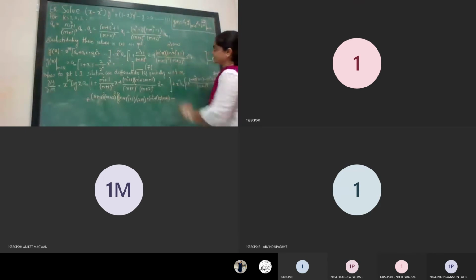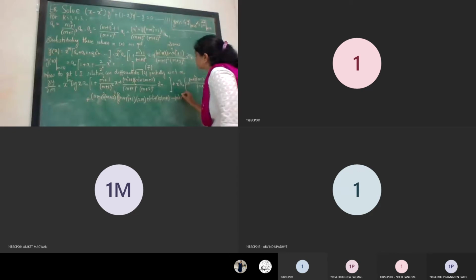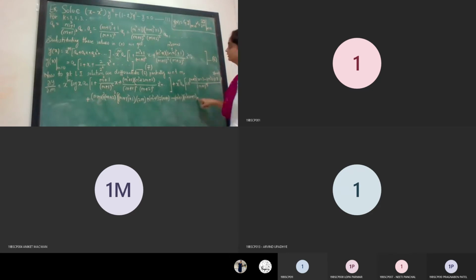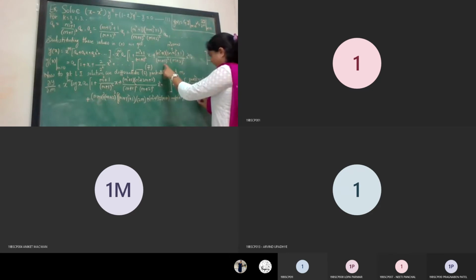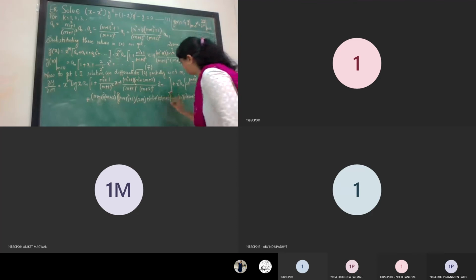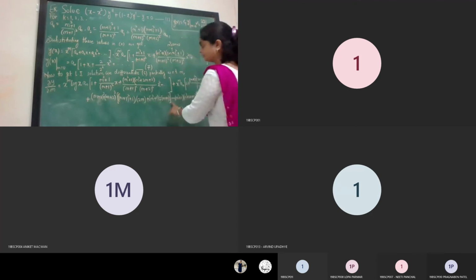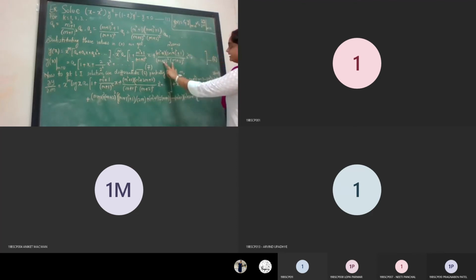So for that, I will consider this term as it is, that is m square plus 1, m square plus 2m plus 2 into the derivative of this. So I will write it in the square bracket. This square bracket has to be completed at this particular step. So in this square bracket, first the derivative of this. So the multiplication rule will be applicable, and hence first I will consider the derivative of this term as it is.